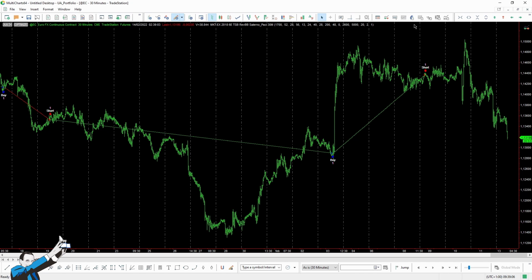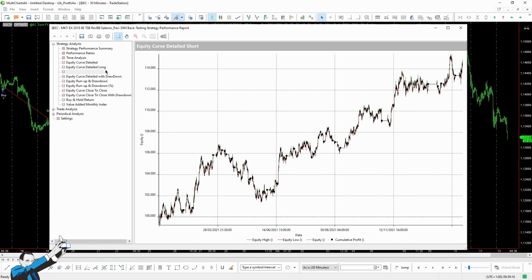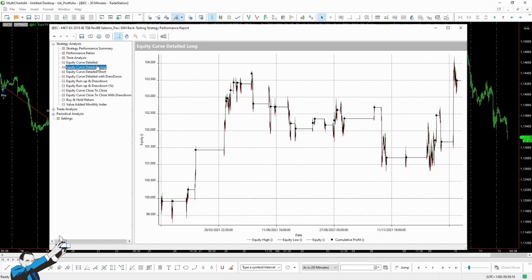It is a multi-day system, which means that the open trades are not closed at the end of the session. Let's go take a look at the report of the strategy. This is the equity line of the short trades only, and this is that of the long trades, which suffered a little bit, but thanks to one of the last trades, managed to again reach the highs.